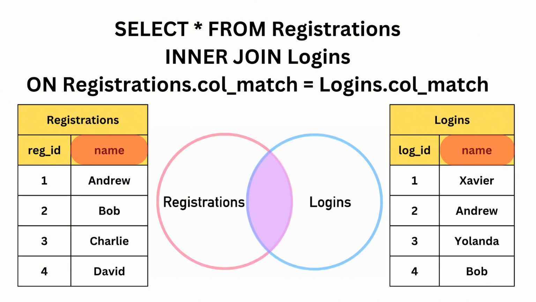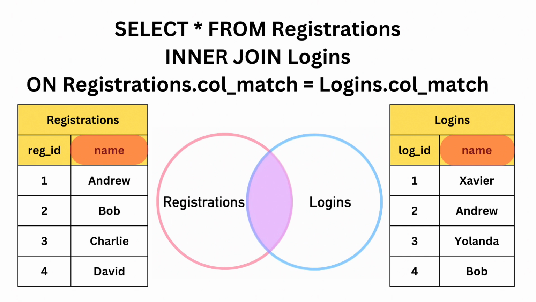So let's actually work through this and what would actually happen in a more realistic situation with the example tables. Here, we're going to say select all the columns from registrations, inner join logins. So it's essentially saying take the registrations table and then perform an inner join with logins, seeing the rows that happen to be in both registrations and logins. And then we have to decide what column we're actually looking at in order to perform this inner join. In this case, we'll do it on the name. We'll say on registrations.name, so it's the table name, dot, and then the column name,